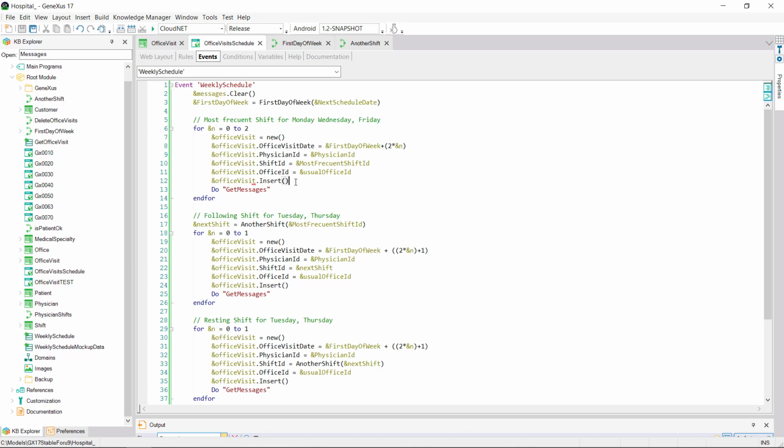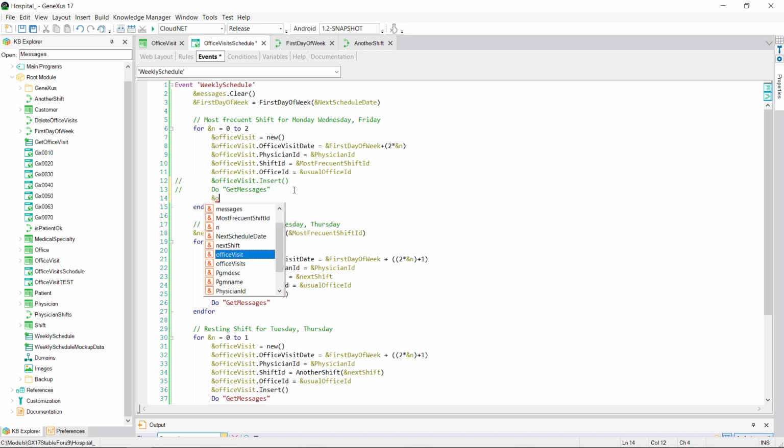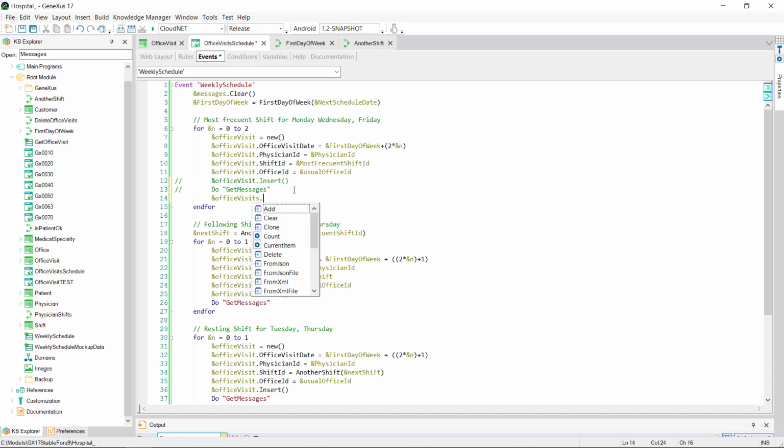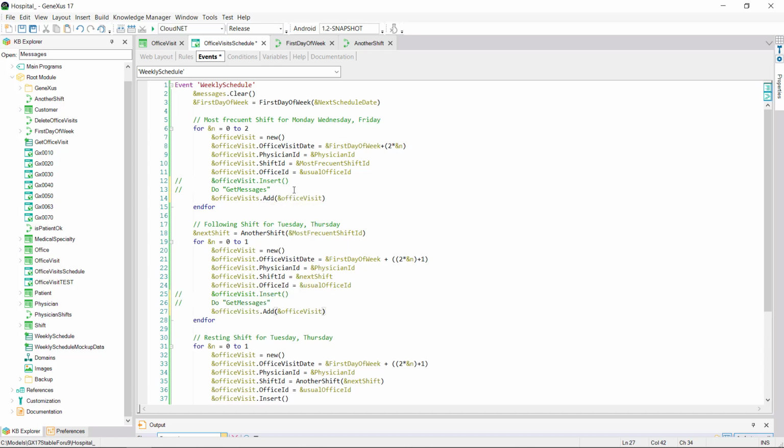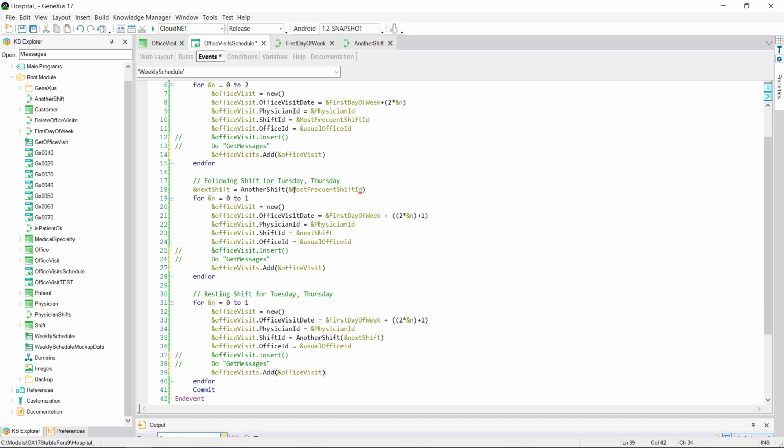But instead of already inserting in the database, we would ask to add the BC to the collection. And for all the BC instances. And only later we would ask for the insertion of the entire collection.